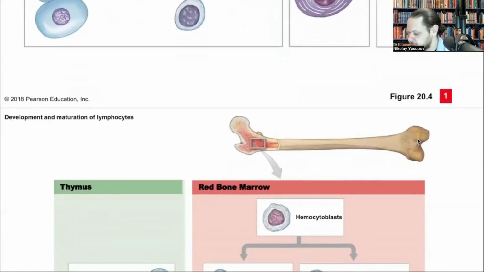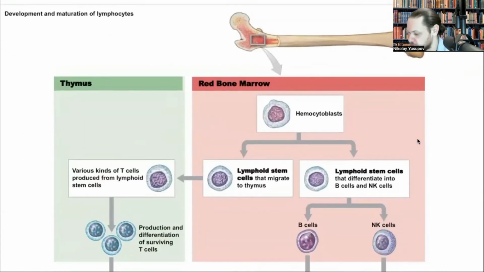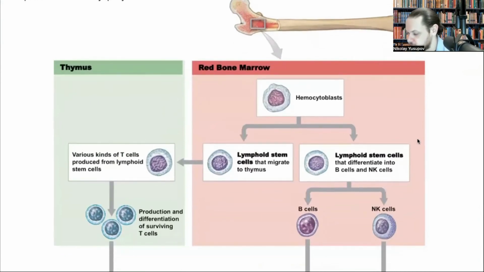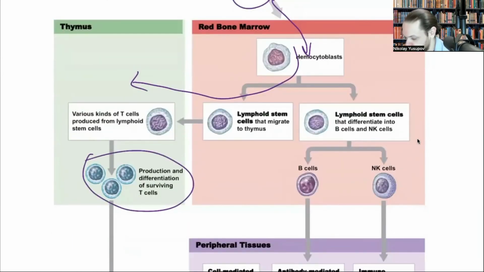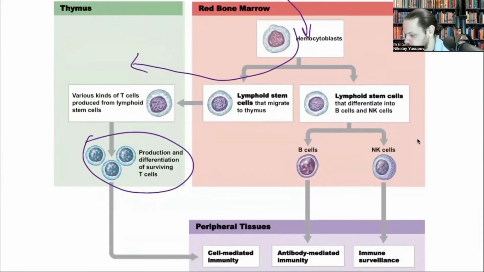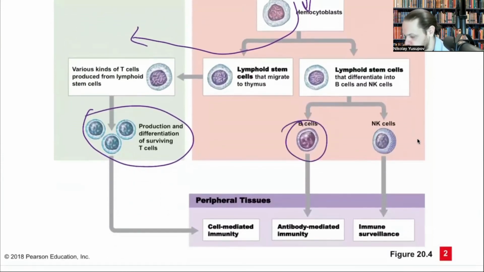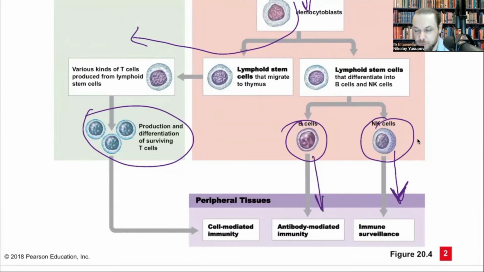So now, to show you, all of them are made in the bone marrow. After they're made in the bone marrow, these go into the thymus to mature. And now we have these differentiated T cells, and then the lymphoid cells here further subdivide into the B cells and the natural killer cells. Natural killer cells' job is surveillance. They're always looking for abnormal differentiated cells to attack and kill them. And then the B cells make the antibodies against